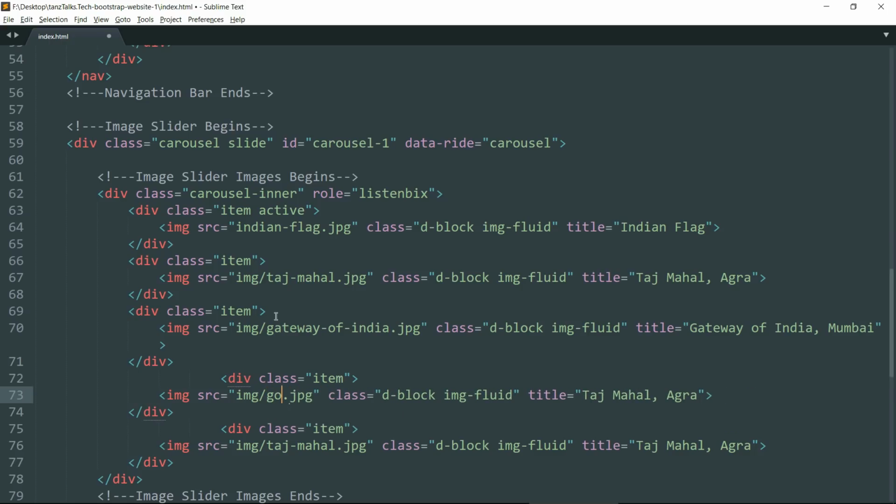Okay, now let's change this one. This one is Golden-Temple. Let's change the title to Golden Temple, Amritsar. Now let's change this one.